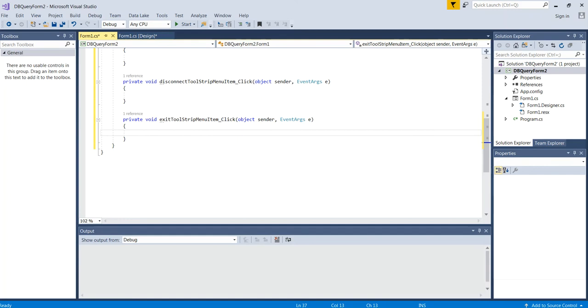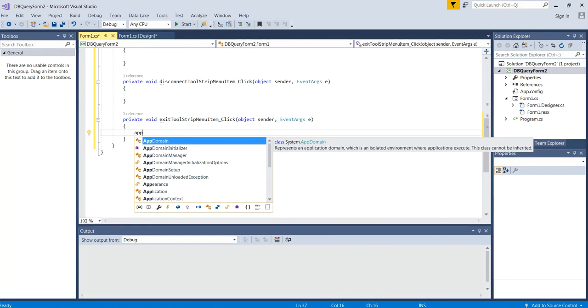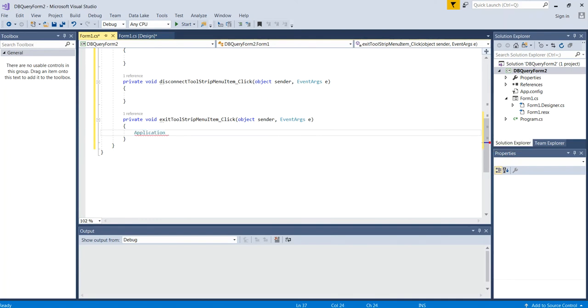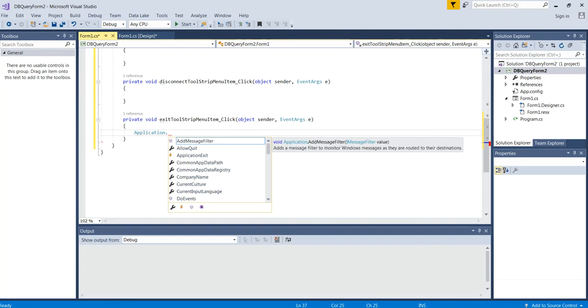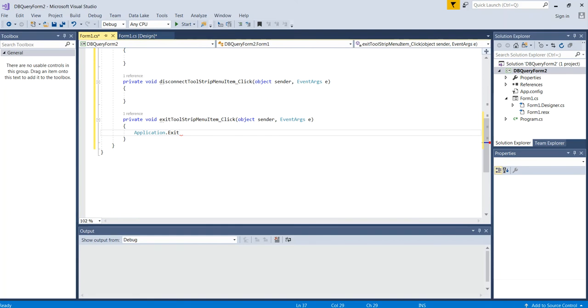So, that said, let's start out with the easiest part. And the easiest part of this is, if you click exit, what do you want to have happen? I'll type in app, and I want application dot, and there's some functionality associated with this whole application, and I want the exit method to get called. I've got to terminate that. So if I ran this now,